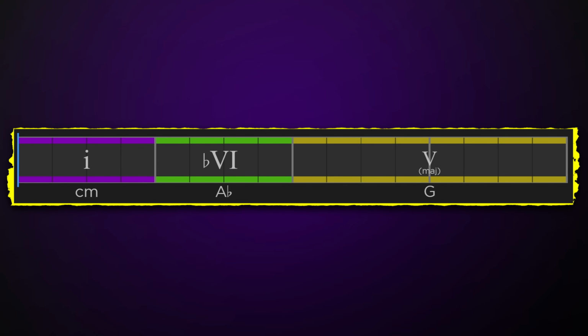Major 5 is often used with just the flat 6 and 1 for a popular and powerful sound. For example,